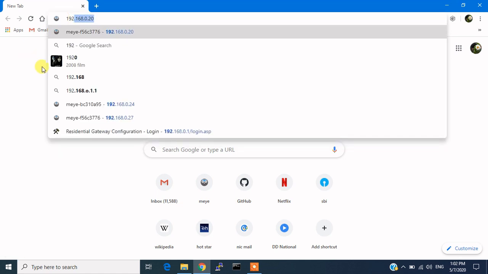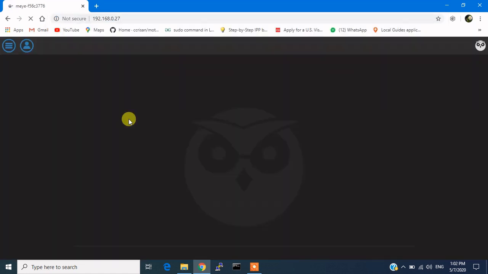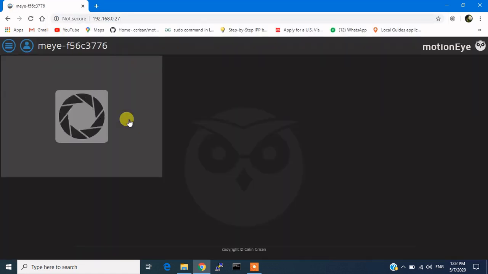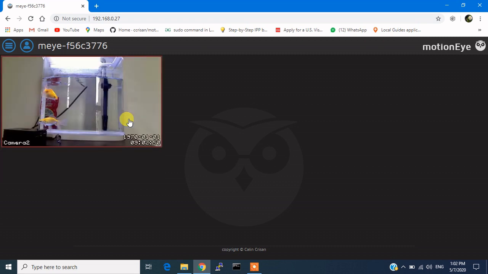Here we will go to the browser, type the IP address of the MotionEye, 192.168.0.27, and your MotionEye OS on the Raspberry Pi 4 will boot. So this shows how static address is useful and how this can be fixed onto the Raspberry Pi 4. You can see the aquarium here, and that means my camera sitting in front of the fish aquarium is working and giving me the video streaming.